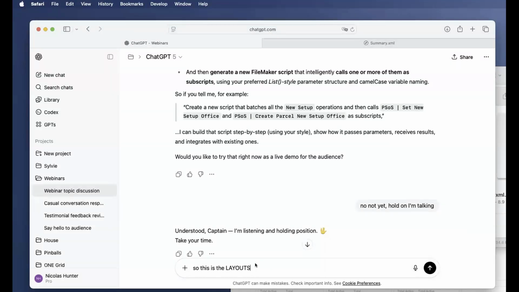So this is a layout DDR. Please keep it in memory to remember it in the future. Refer to RCBD, owner John Rainbows.